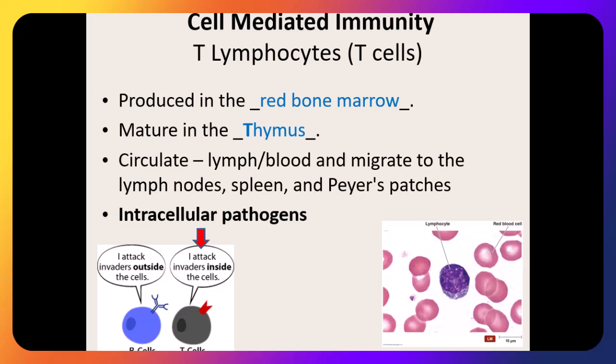Now, the cells that are used in the cell-mediated branch are T cells. T for thymus, that's where they matured. But there's more than one kind of T cell. B cells, yes, I know there's millions, but B cells are B cells, even though they're all unique. T cells are different. There are actually 3 types of T cells, but 2 classes of T cells. We divide our classes of T cells into something known as CD8 and CD4. And you're like, what does that mean? Well, anything that's considered a CD8 T cell